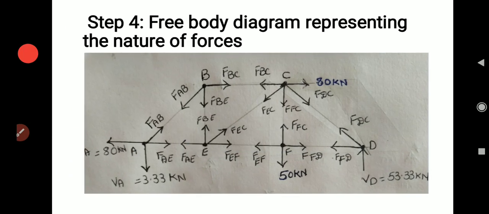So coming on to the next concept, that is, once again,